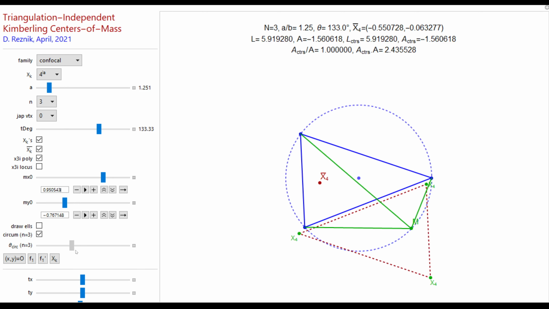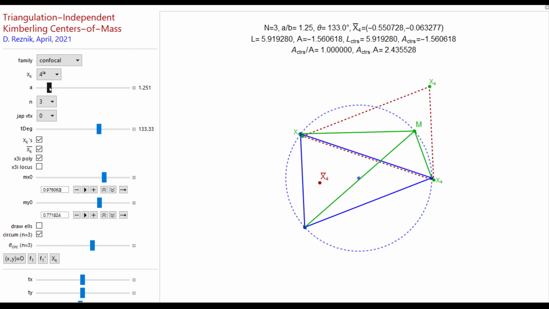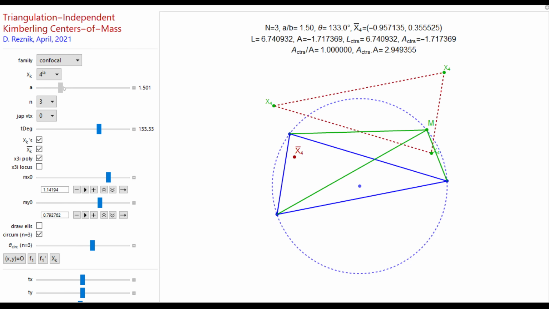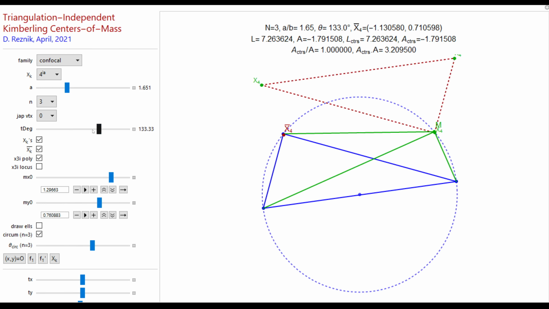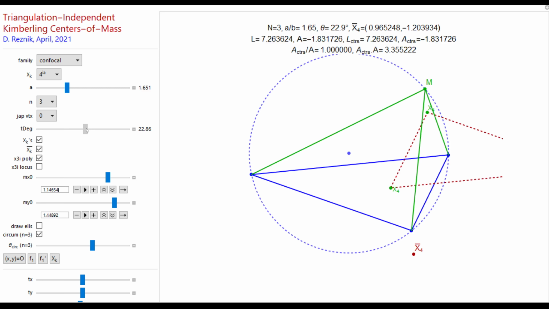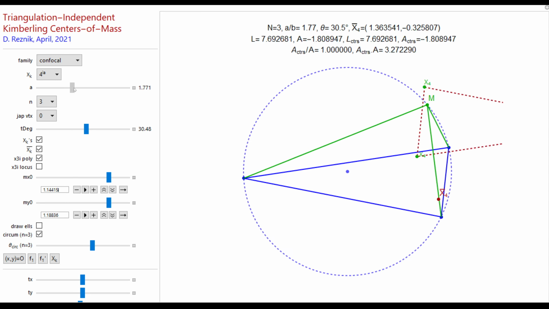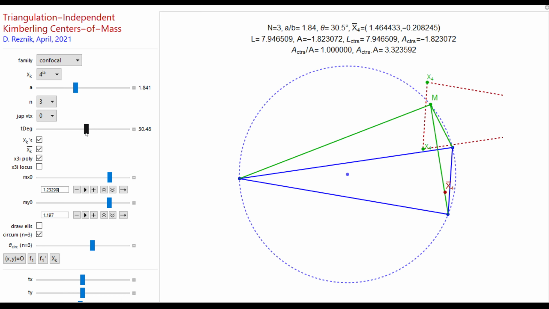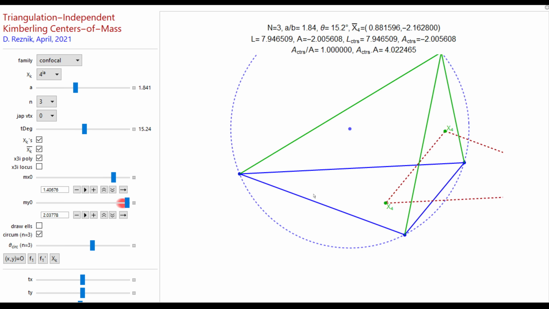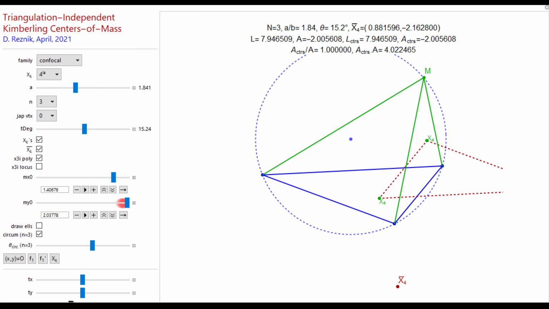Okay, so that's the result. You walk M on the circumcircle of any triangle. Let's change this triangle a little bit. Let's make this triangle more obtuse. Let's rotate it a little bit, the blue triangle, and let's see if this is verified for this new triangle here. Now, I think it's sort of a right angle triangle. Let's make it obtuse. Let's move it over here so it's really obtuse. So now I have an obtuse blue triangle, and what I'm going to do is walk M